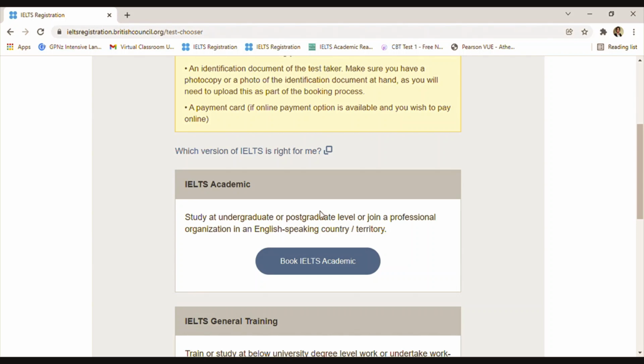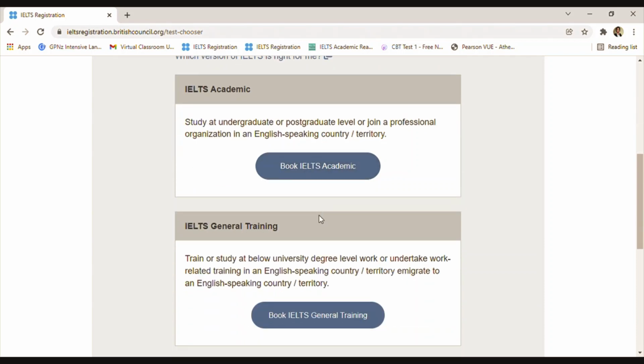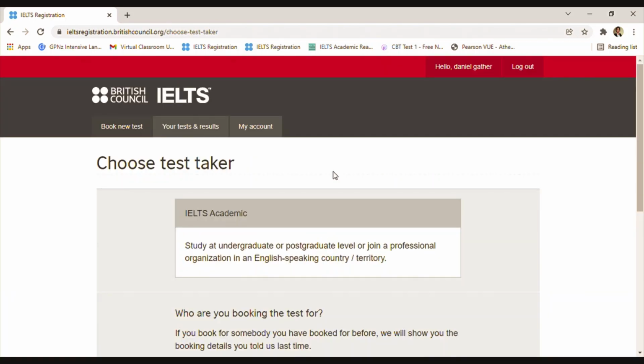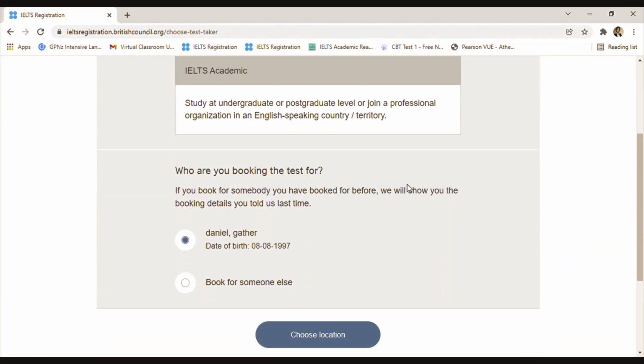When you're here, make sure that the organization that's hiring you, or you already know what kind of IELTS they require you to do. There's academic IELTS and there's general IELTS. So before you do your booking, make sure you know the kind of IELTS you're going to do. If you need me to go into details about academic or general IELTS, leave a comment and I'm willing to do the same. So in this case, we proceed and do academic IELTS, that is booking academic IELTS, and they're going to